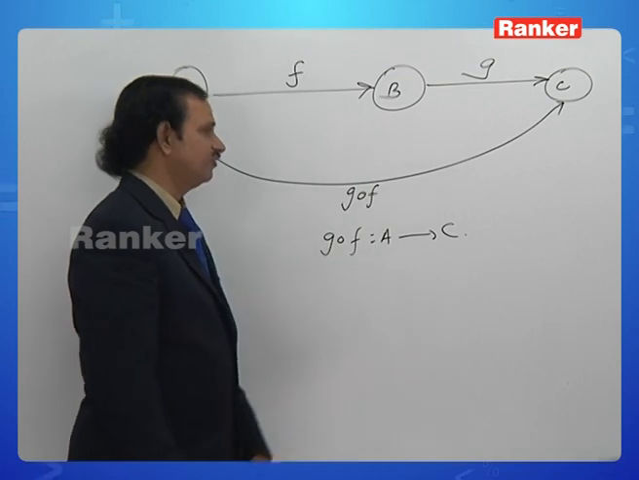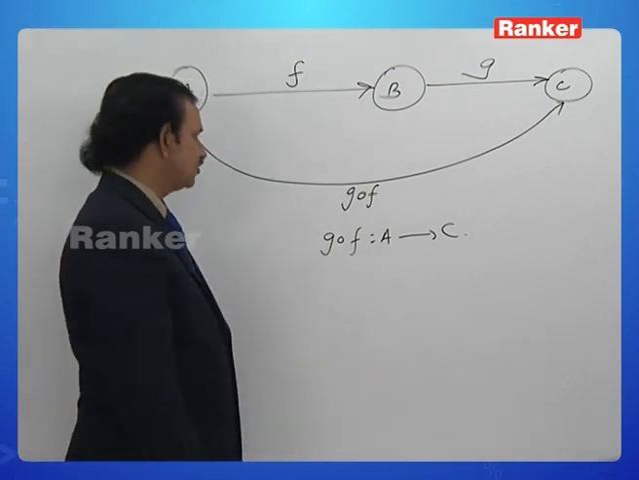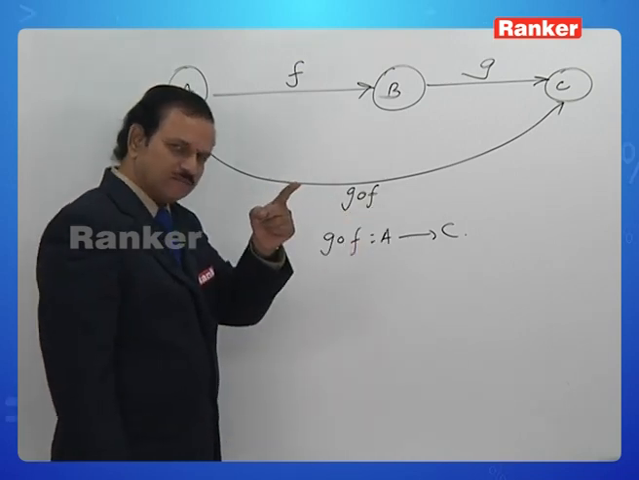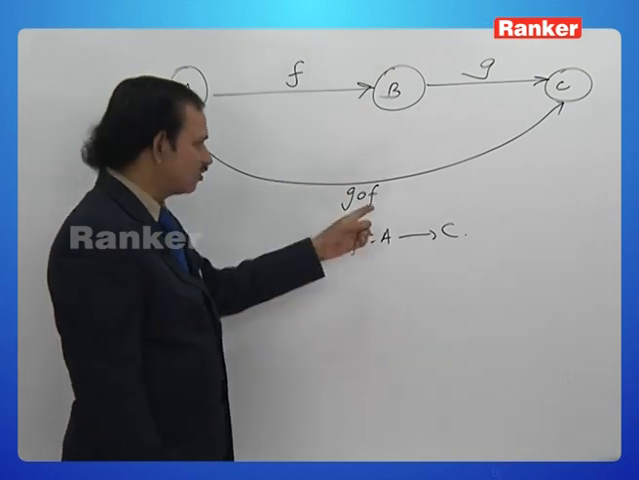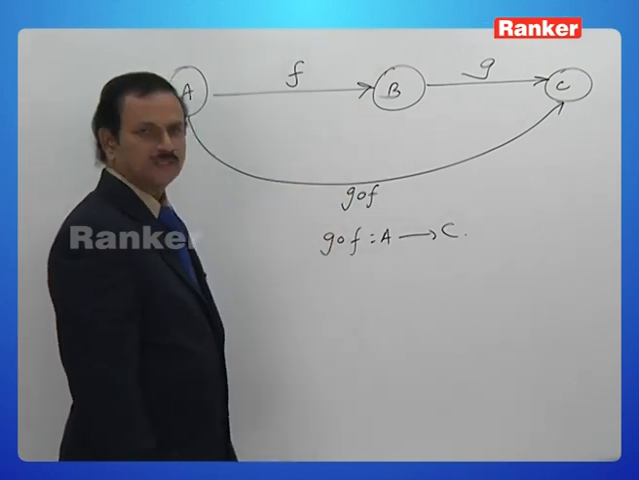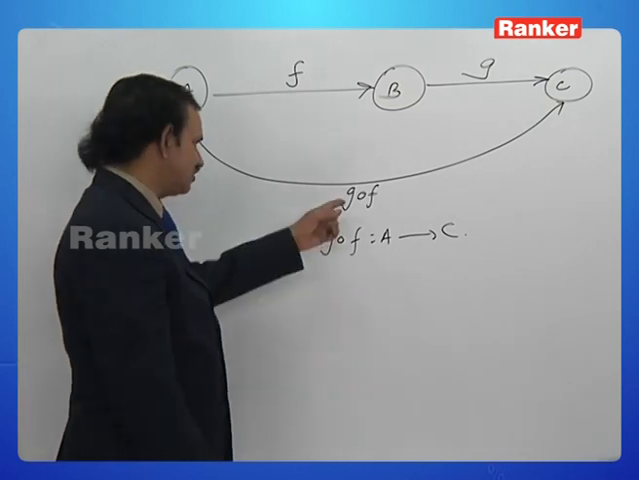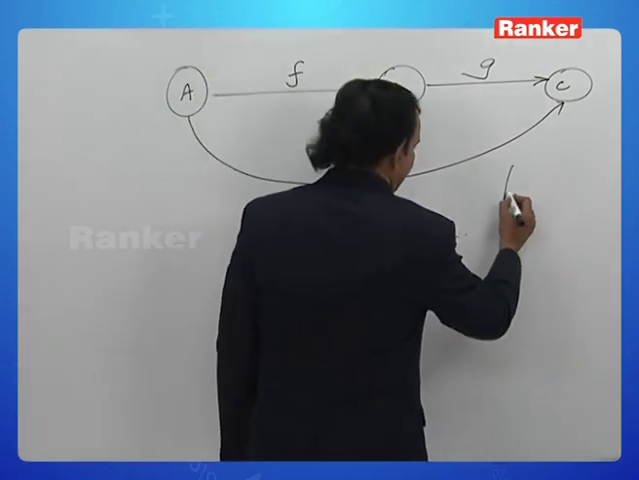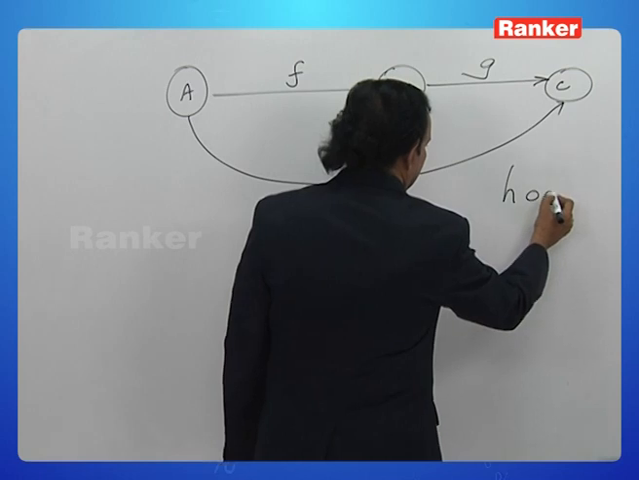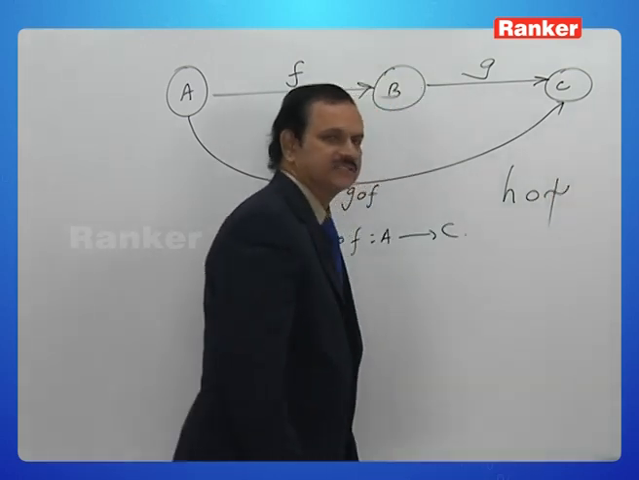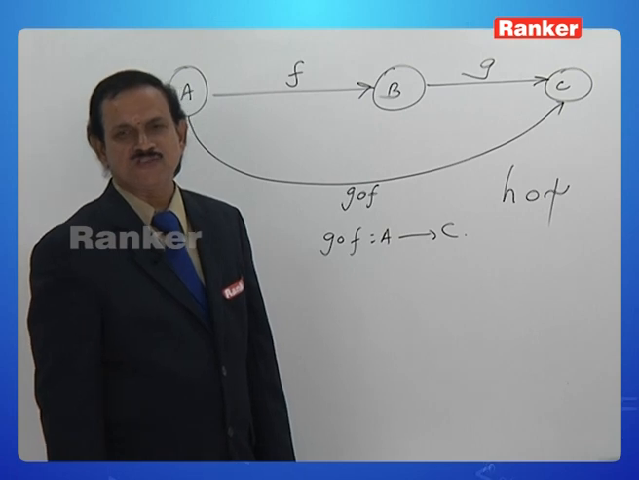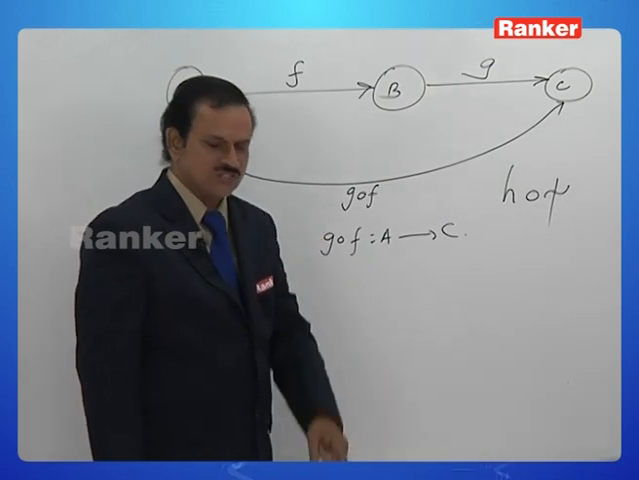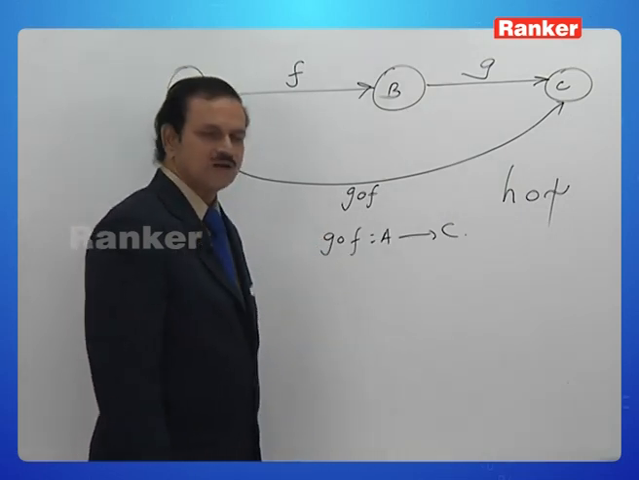Therefore, to define g circle f, what are the things that you must observe? Domain of g and codomain of f must coincide. What is the domain of g? B. What is the codomain of f? B. In that case only it is possible to define g circle f. Forget about the diagram. There are two more functions, say h and psi. When do you believe that h circle psi can be defined? What are the things to be observed here? Domain of h and codomain of psi must coincide,